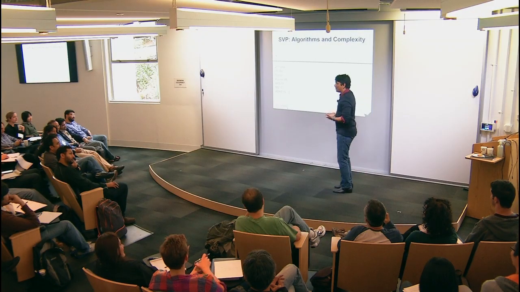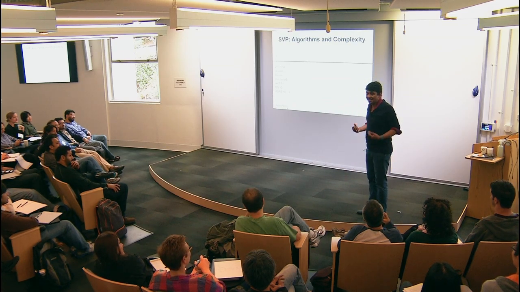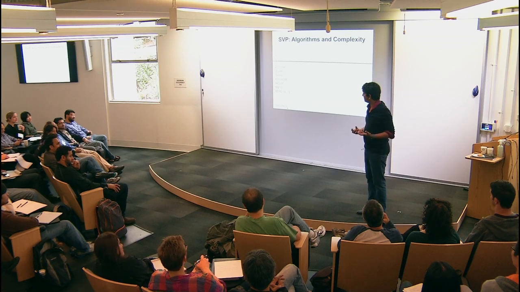Okay, and let me tell you, here is a 1-dimensional lattice generated by 2 numbers, 6 and 8. What is the shortest vector in it? What does it mean, 6 and 8? All integer linear combinations of 6 and 8. That generates a lattice. What is the shortest vector in it? 2. Indeed, 2. What is 2? 2 is the GCD of 6 and 8. So GCD is really the shortest vector problem in 1 dimension.